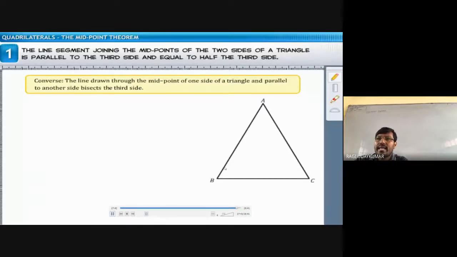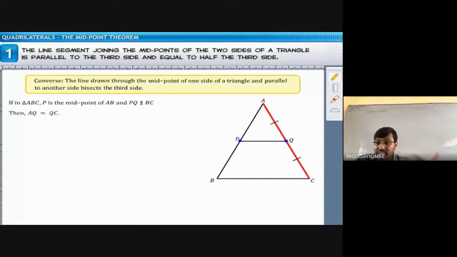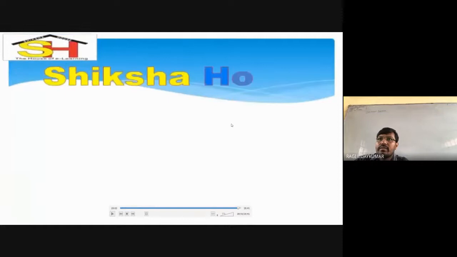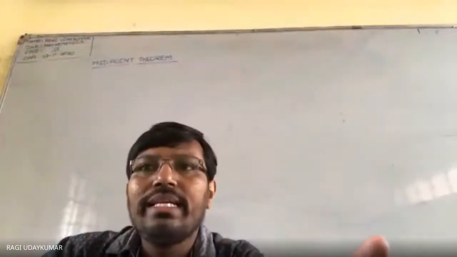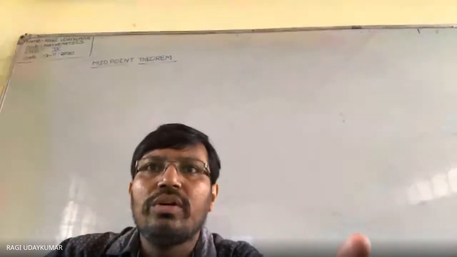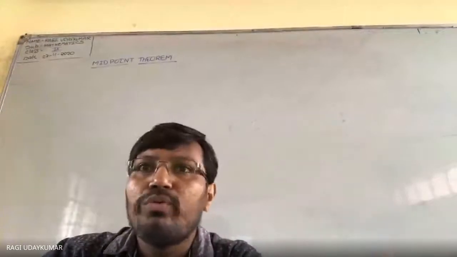So if you take the triangle ABC, let us see this one also. P is the midpoint. ये midpoint से parallel line ले लिया. ये line parallel है. Q midpoint prove करना है हमको. So AQ equal to QC prove करना है. So P is the midpoint दे दिया है. AQ equal to QC prove करना है. This is to prove. Okay. समझ में आया? So the proof for the converse is not essential to you, and you can think how do you prove that?